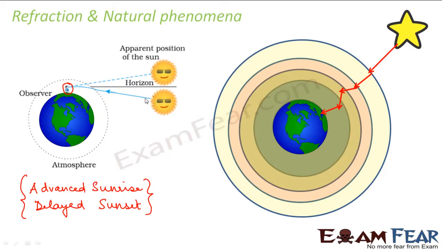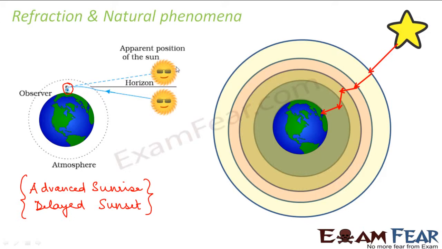But when the ray coming from the sun actually reaches us, it passes through different layers. It passes through this entire thing, so many layers of atmosphere. This is the atmosphere. The dotted line shows the atmosphere. When it passes through the different layers of atmosphere, they are all different media with different refractive indices. So it suffers refraction. Because of this refraction, there is a certain amount of bending of light. So the light which reaches the eye of the observer, if you see, is not a straight line.